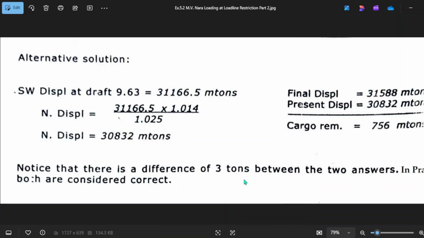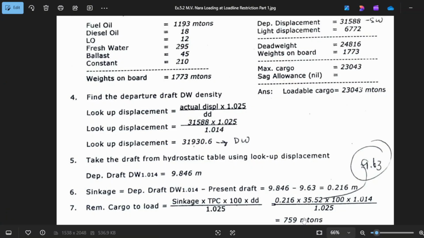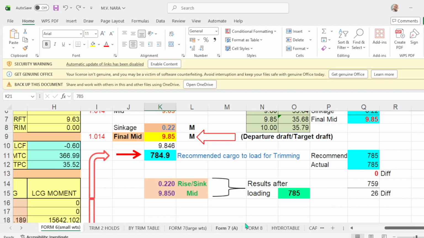So that's why there's only a 3 tons difference. But it says here that in practice both are considered correct. 759. But I recommend that you use 785. You have 26 tons more.